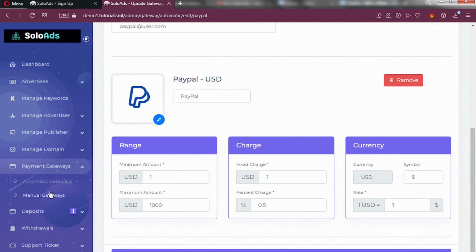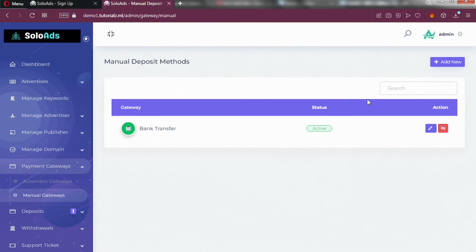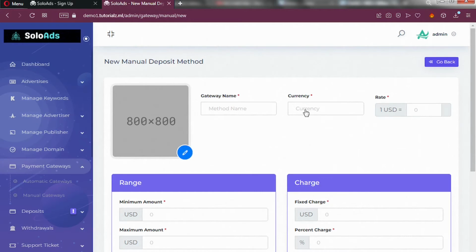Let's go ahead and add a manual payment gateway. So I'll click on manual gateway, and already I have a manual payment gateway integrated, which is bank transfer. I'm going to add another manual gateway, which is mobile money. So I'll click on add new, and then make sure you upload your logo or your image, and then enter your gateway name. So I'll click on it and enter Momo